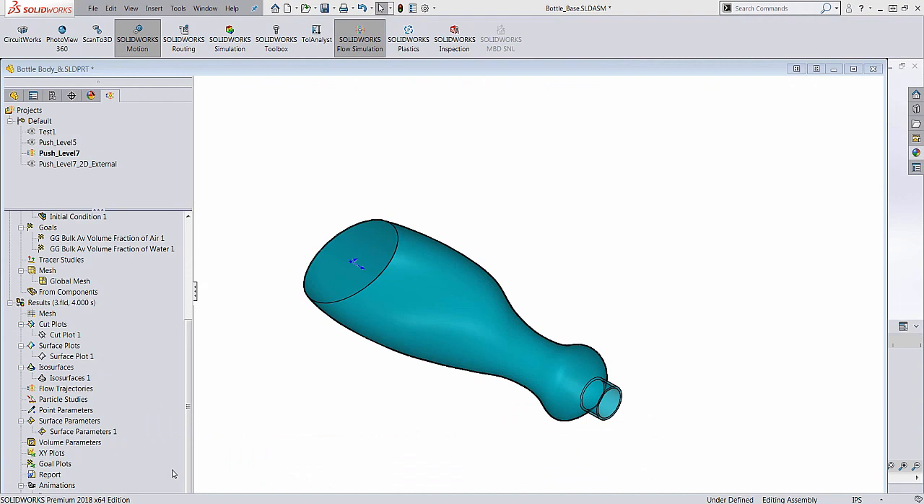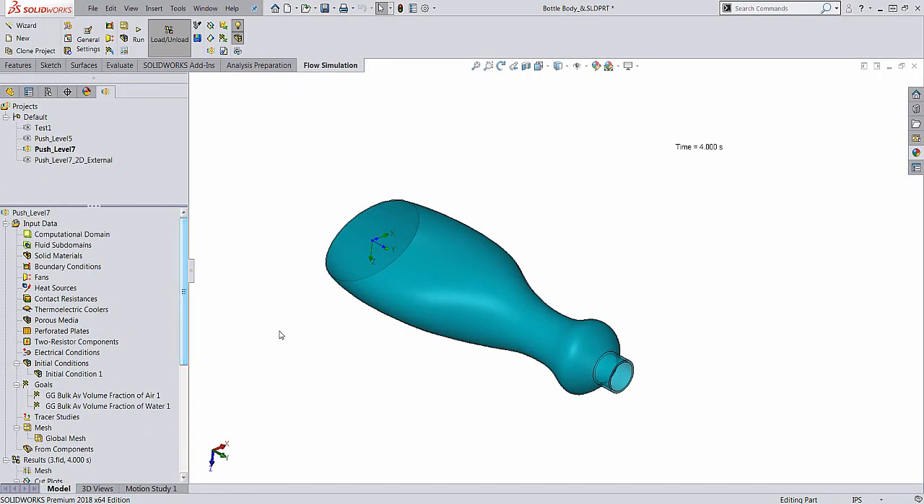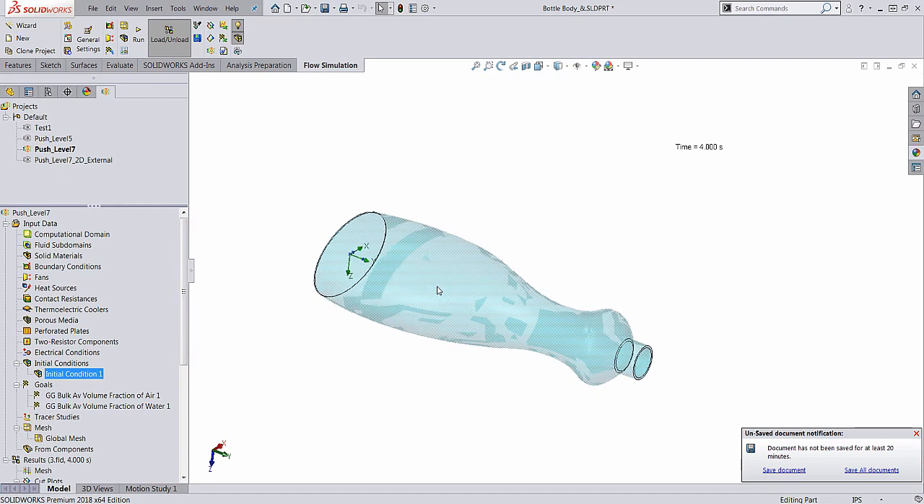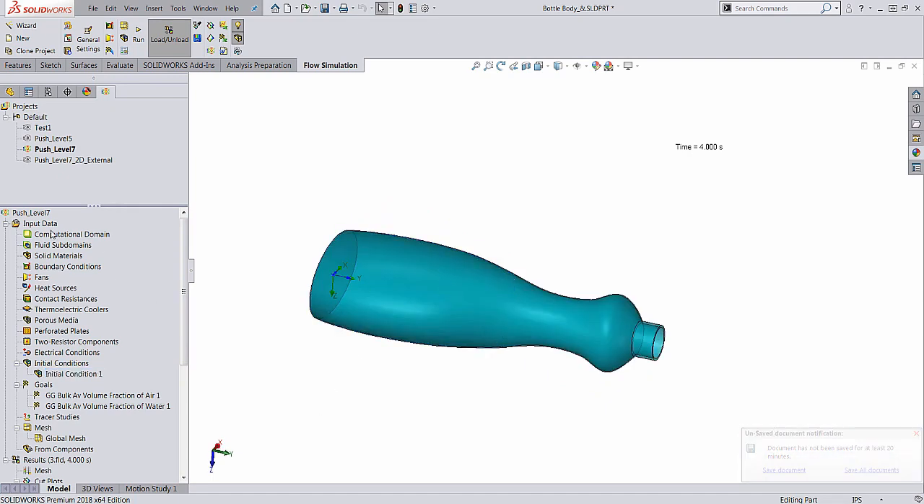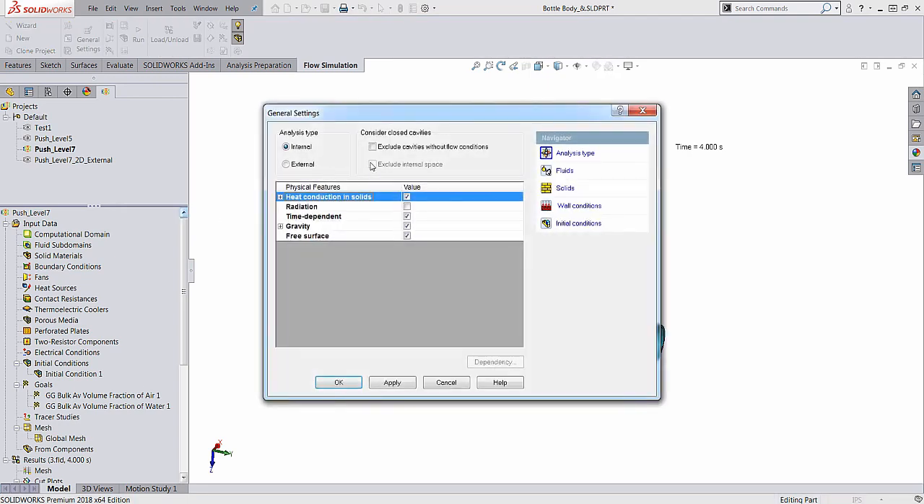Now, jumping back into the bottle. Now, the setup of the water sloshing analysis is the same as the tank drain setup. You will have to set up an internal analysis. You'll have to specify an initial condition of water with a solid body defined. Now, the only change in the setup is that if I select the general settings from the input tab and